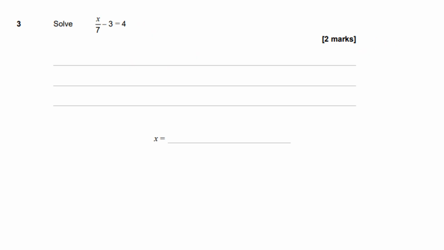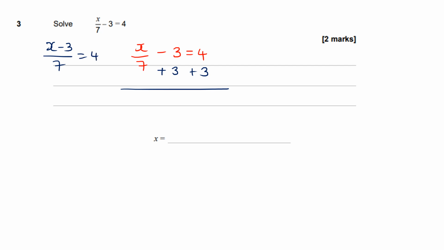Right, question 3 is asking us to solve this equation. We've got x out of 7, which I'm going to write down here. X out of 7 take away 3 is equal to 4. What we need to do for this question is that we need to add 3 to both sides. We're not going to multiply it with 7 because we would only do that if it was everything divided by 7. Okay, if the whole thing was divided by 7, you would be able to times it with 7,